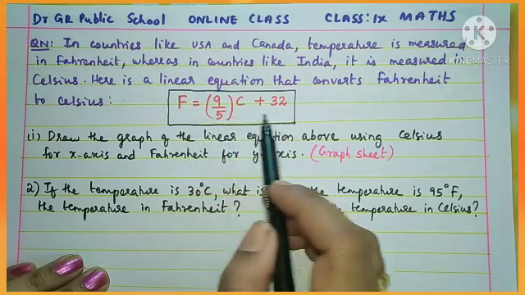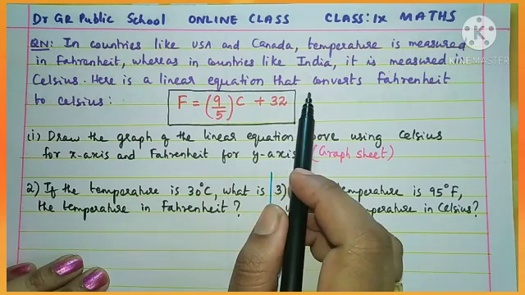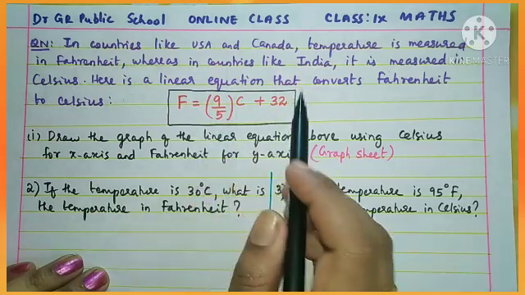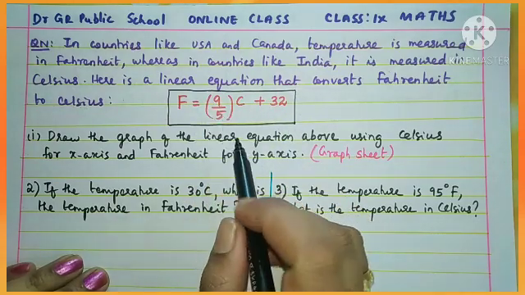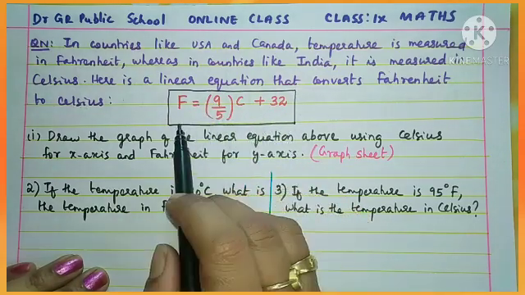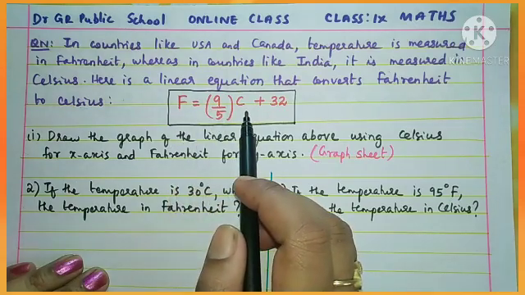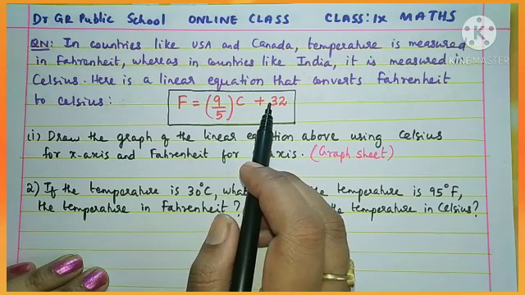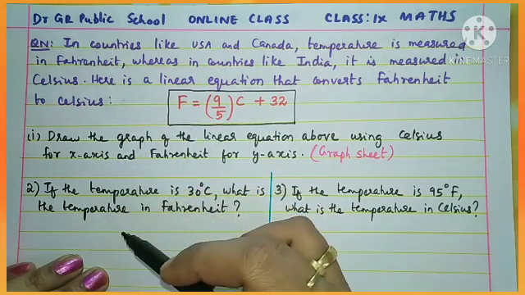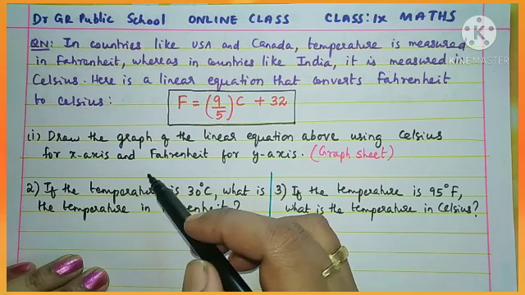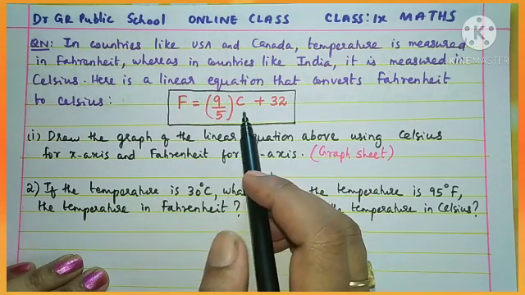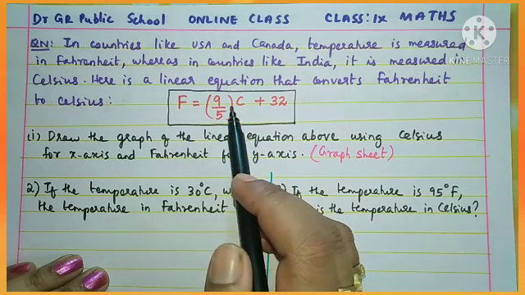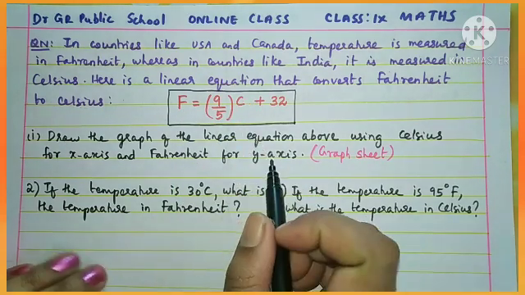So this equation is the conversion of Fahrenheit scale to Celsius scale. So that is the meaning of this question. Okay, so this is the equation that is relating Fahrenheit scale and Celsius scale, and this is our question given. And now subdivision questions are asked. We need to answer from this relation. Understood? So F is meant by Fahrenheit, C is Celsius. Now we can see what are the questions asked below.